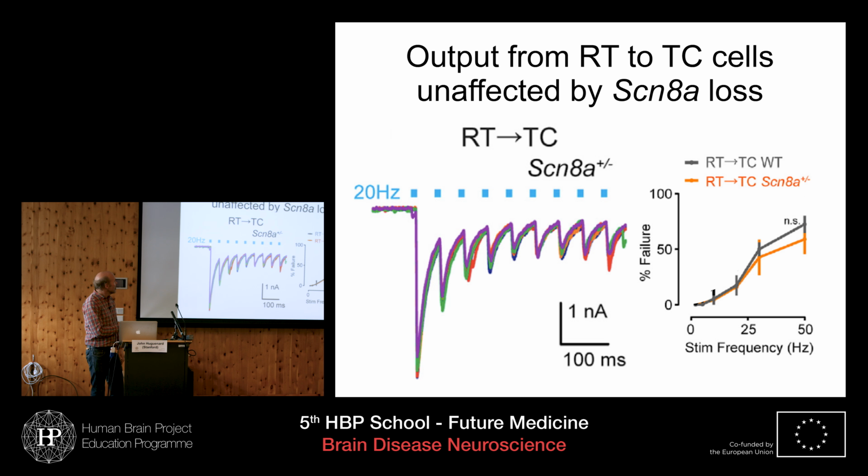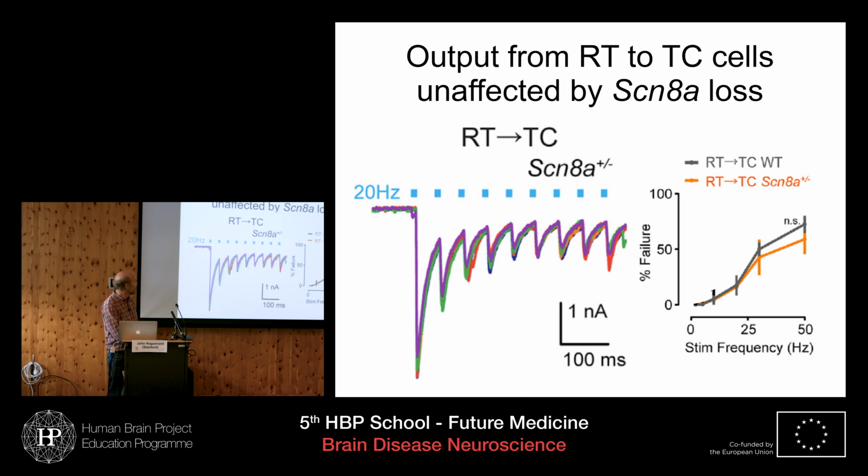And what he showed, so this is now application of a light train at 20 hertz, repetitive blue light pulses, so we're evoking GABA release from those synapses. We get some short-term plasticity. The first response is large, and the secondary responses get progressively smaller and smaller. What's shown in different colors are different trials, and you see it's quite repeatable. Every single time we apply these trains, you get this characteristic reduction in amplitude.